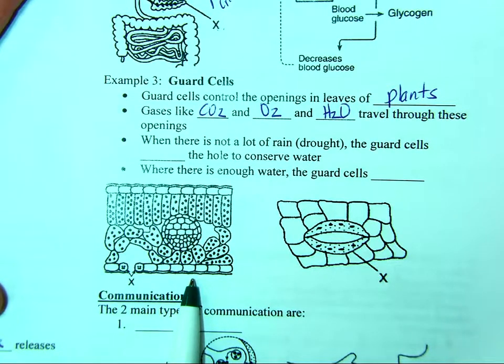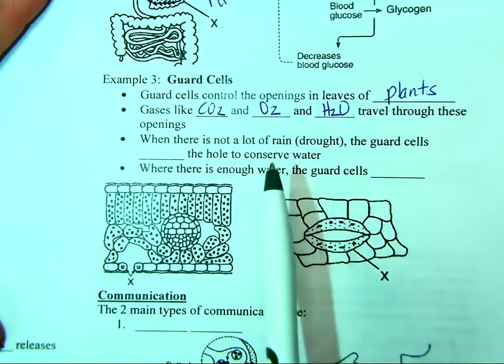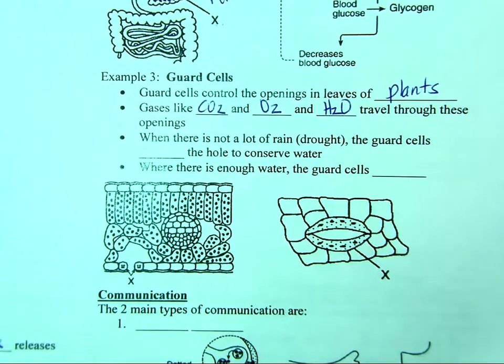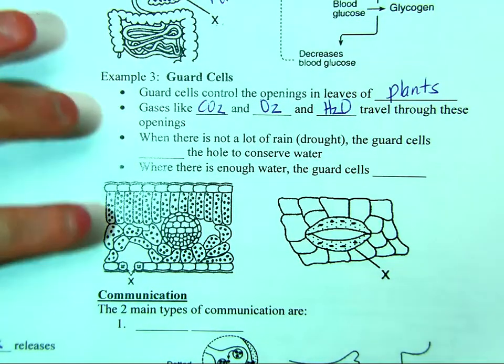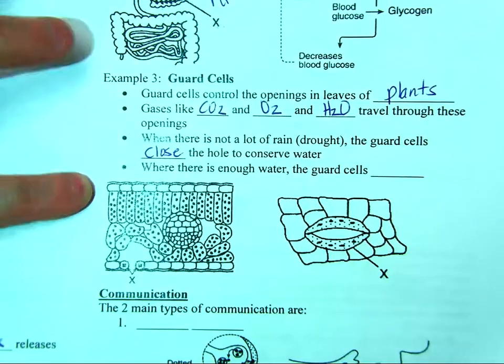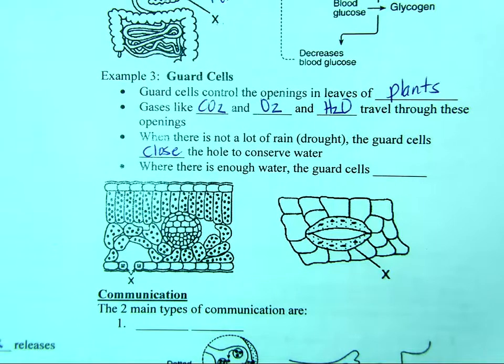So how does this maintain homeostasis? When there's a lot of rain, or not a lot of rain, excuse me, we call it a drought. So what happens is we don't want water to escape, so the guard cells are going to close the hole to conserve that water. If there's too much water, like the weather we've been having recently with the torrential downpours that we're getting, if there is enough water, the guard cells are going to